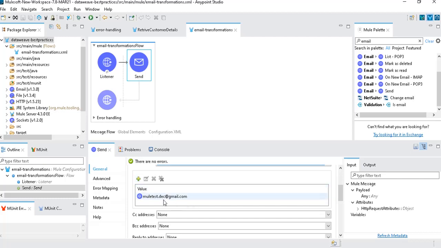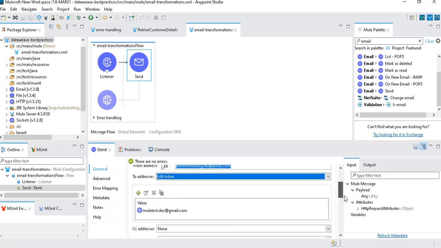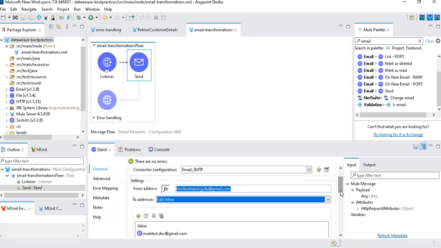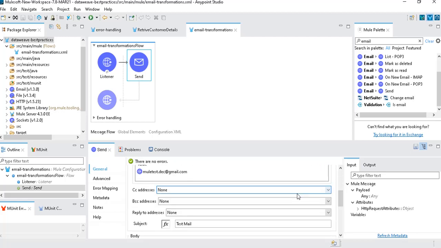For now I am sending to only one recipient, so I just add one address and I have given this Gmail. Once I execute this, my Gmail will send from this from address to this to address. So I can expect a new email at this address.